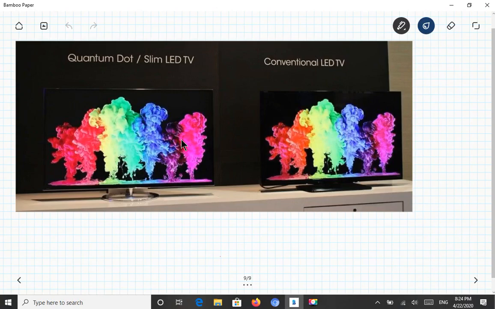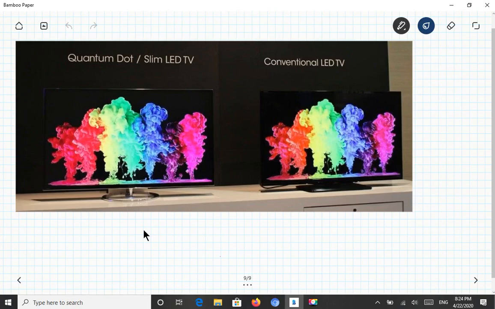Coming to the advantages and disadvantages, one of the biggest disadvantages is that you cannot easily make a quantum dot, as its size is less than 20 nanometers. You have to use sophisticated technology to make it happen. So it is very difficult to maintain the surface and uniformity of a quantum dot. That is one of the biggest disadvantages.